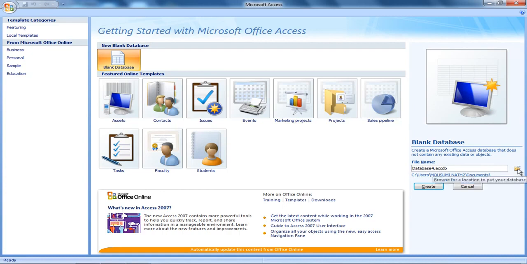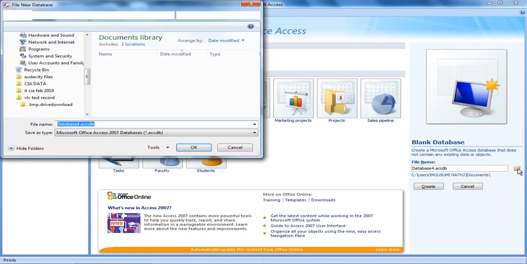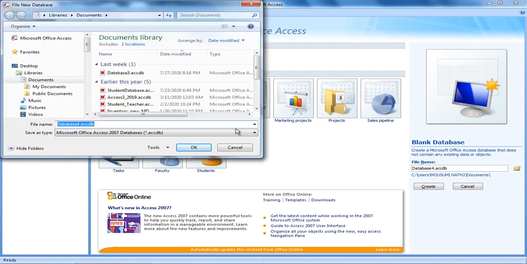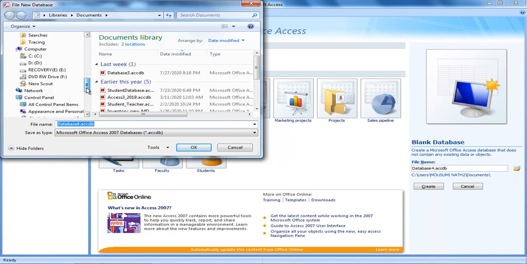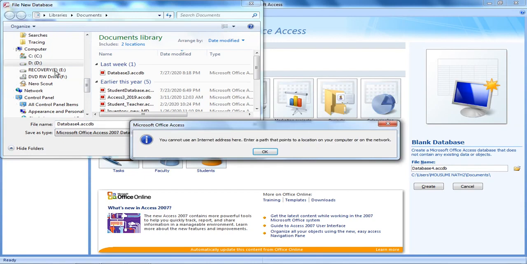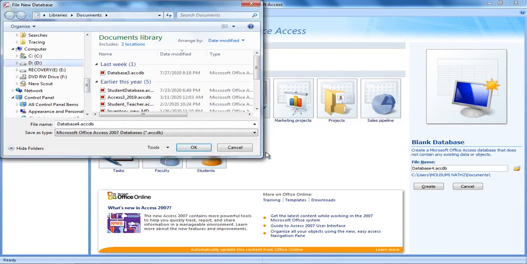Because today is the first class, I'm showing you how to open and create. Now file name, you will have to create or click a folder location where you want to create. Now see, there is some problem, it may restrict me from doing it. See, you cannot create, this is what it shows.